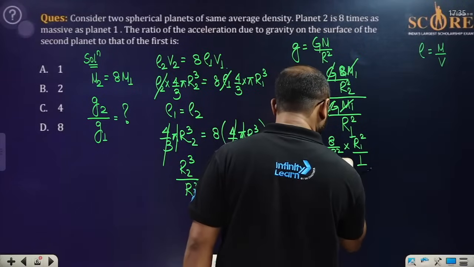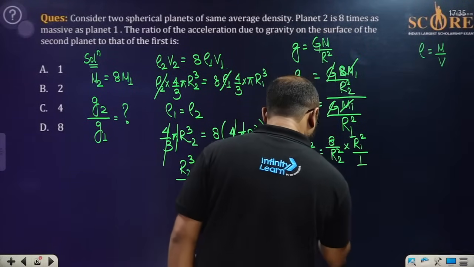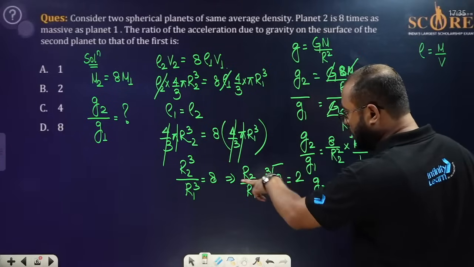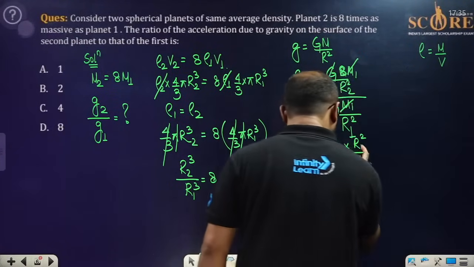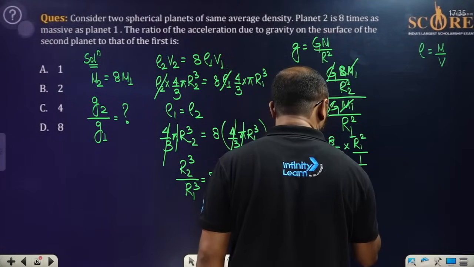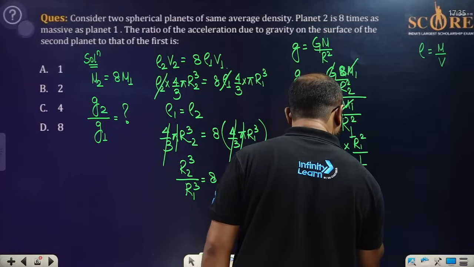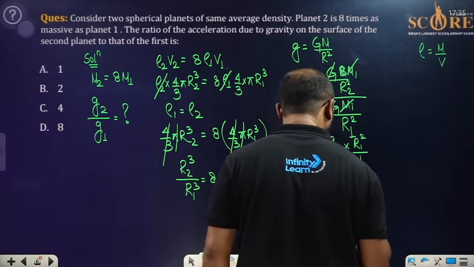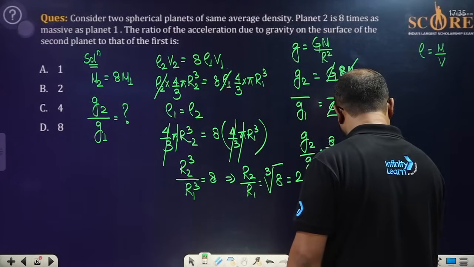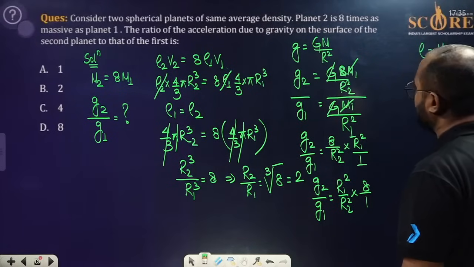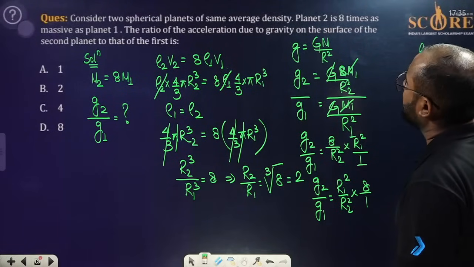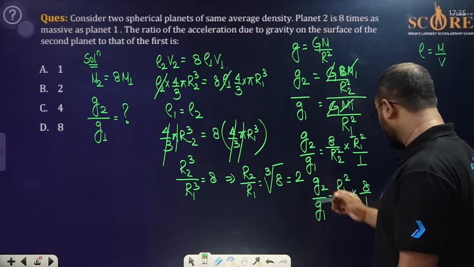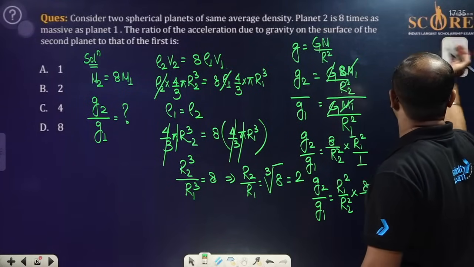It is r2, sorry. If it is so, g2 divided by g1 can be written with this r2 square. So let us talk about it in this way: we can say that it is r1 square by r2 square multiplied by 8 by 1. If it is so, we have to find out the acceleration due to gravity. Fine, it is 2:1, so it will be the reciprocal of this. We can find it out.